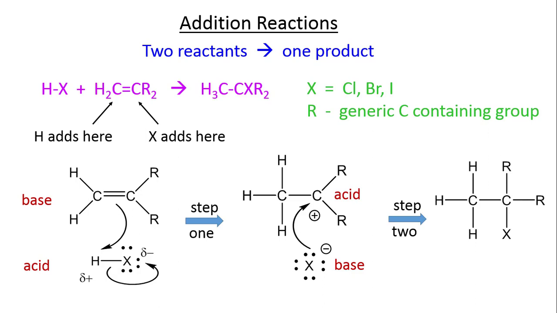You may ask why the H bonds to the left-hand carbon and X to the right-hand carbon. If we turn HX around, would it bond the other way? No. This reaction follows Markovnikov's rule, one of the many rules that you may learn in organic chemistry to help predict products. There are going to be accompanying shape changes at the two carbons, which we can see more clearly in this animation.